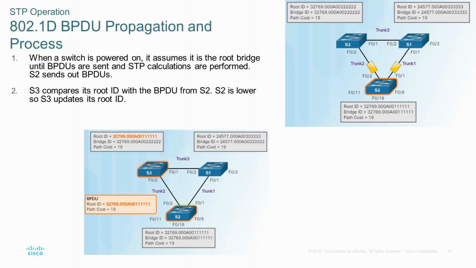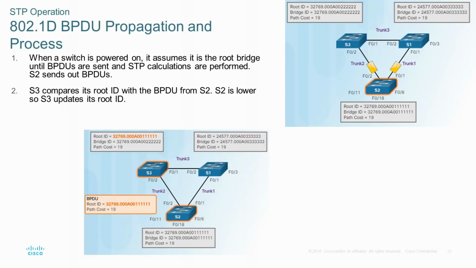So as I told you, the root switch is elected based on the priority value and the MAC address value. The lowest priority value is always elected as the root switch. If all the switches have the same priority value, as we have seen, then it will go to the second criteria, which is the lowest MAC address. If any switch has the lowest MAC address, that will be elected as the root switch.